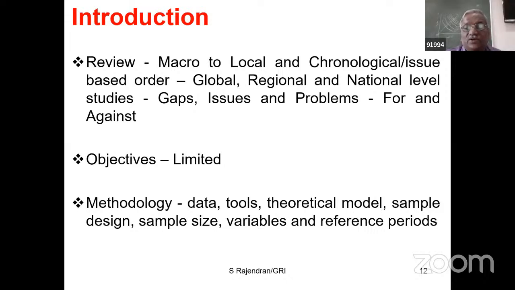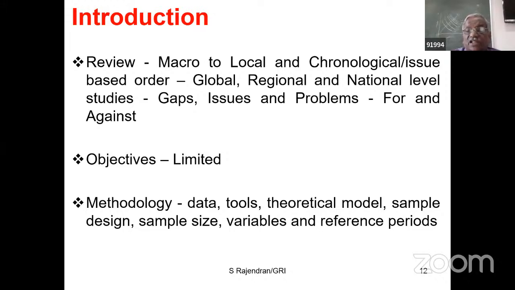For instance, let me tell you about one very interesting report I received for adjudication. The researcher says that Nagapattinam and Mayiladuthurai districts combined together, and the candidate made an analysis on ecotourism. The thesis was submitted very recently, but the bifurcation took place in the year 2017-18 itself. So it is misleading the reader. Therefore, I suggested that it should be delineated. Either you should restrict to only Nagapattinam district or Mayiladuthurai district to highlight ecotourism.